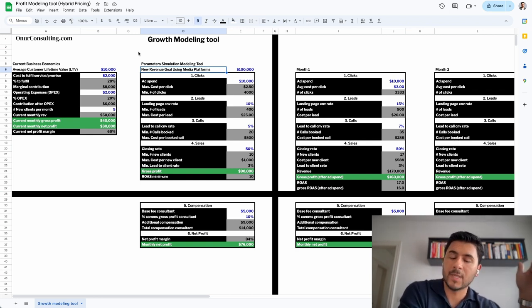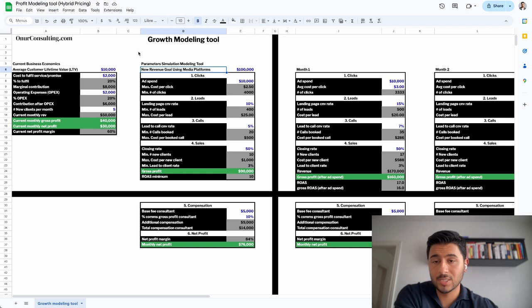must be hitting, especially on media platforms where you're spending money to run ads on, such as Facebook, Instagram, YouTube, Google, etc. Like most of these business owners or even marketers, they don't really know how these numbers work and whether the business is ready to scale, meaning to grow. So without further ado, I'm just going to show you the process of how this specific growth modeling tool works. And I think that everyone should use a simulation modeling tool like this one, and you will see why just